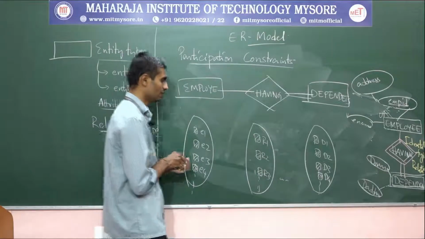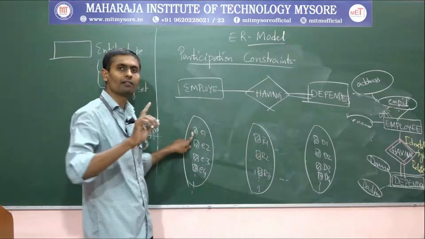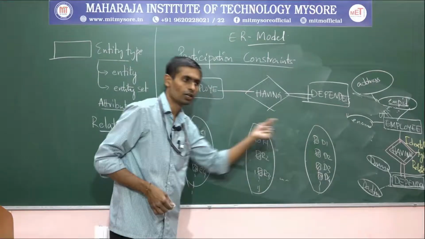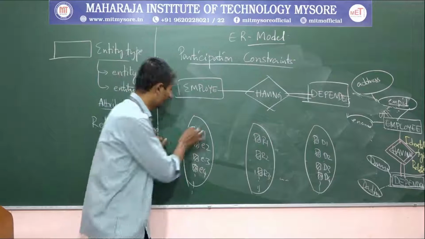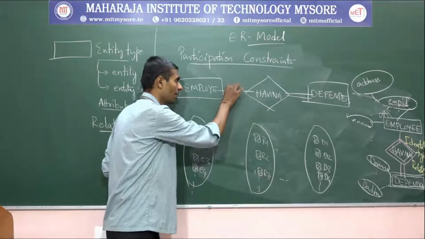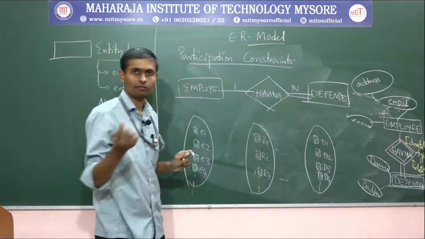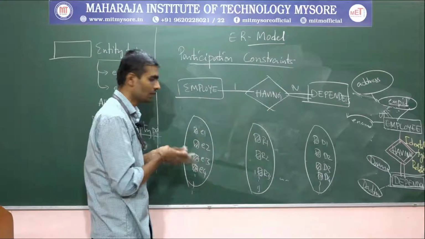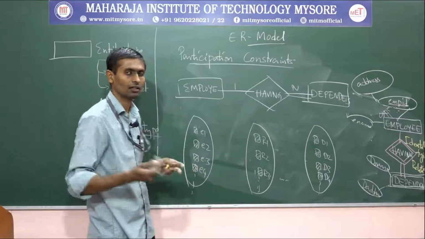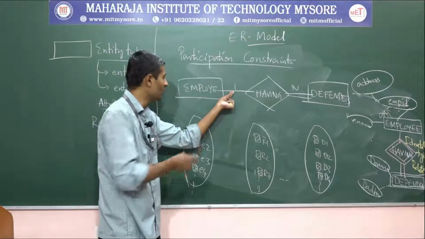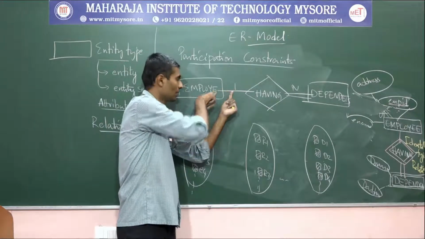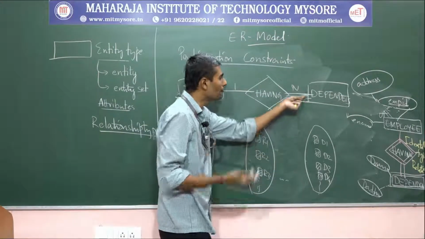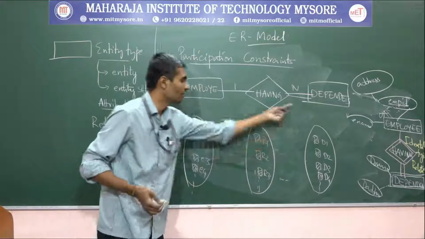Let's assume this employee, we said an employee can have any number of dependents, right? And a dependent always belongs to only one employee, right? One employee can have n number of dependents. Later we'll take up what the 1:n I have written is. Definitely I'll take it up once after this participation constraint example. It is an indication of how one instance of this employee is connected with n instances of dependents. That means many instances of the dependents entity type.